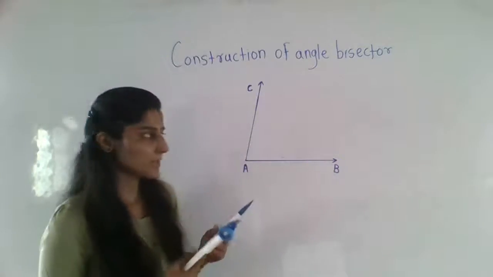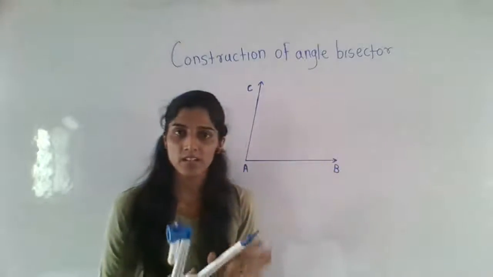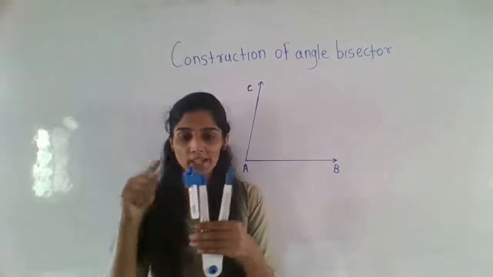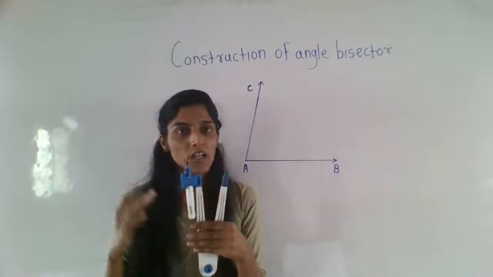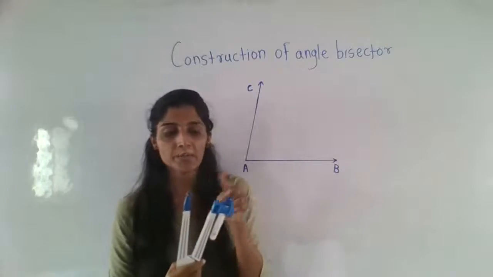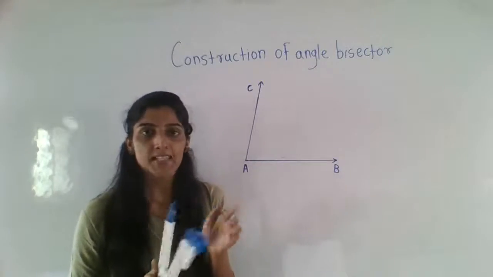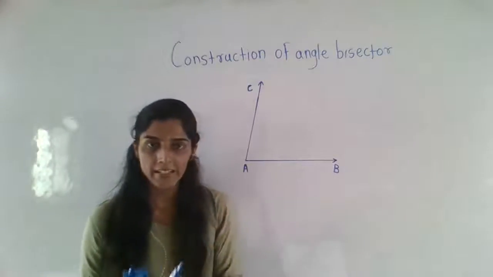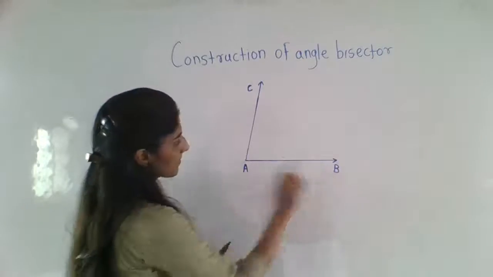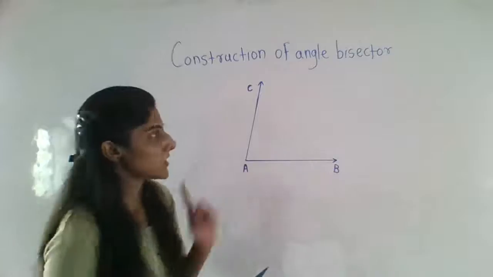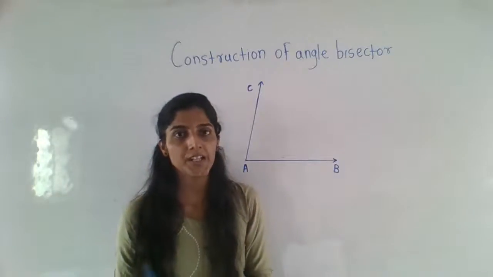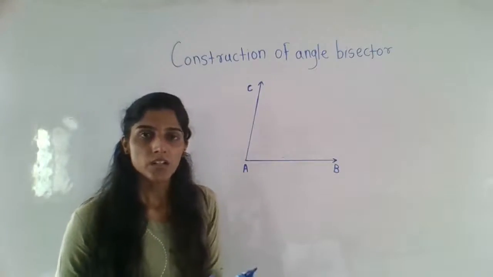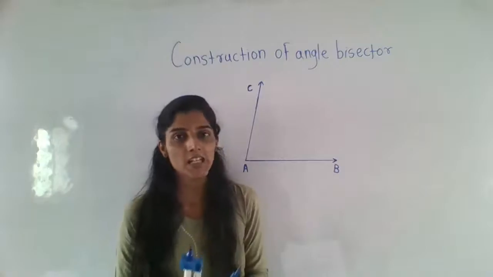Now this is our compass. For drawing the angle bisector of any angle, keep the point of the compass and the point of your pen or pencil at equal level. Your point of compass and point of pen or pencil must be at equal level for drawing the angle bisector. Now see. Angle CAB is our angle of measure 80 degrees. Here we want to draw the angle bisector of this angle. For drawing the angle bisector, let's see the first step.